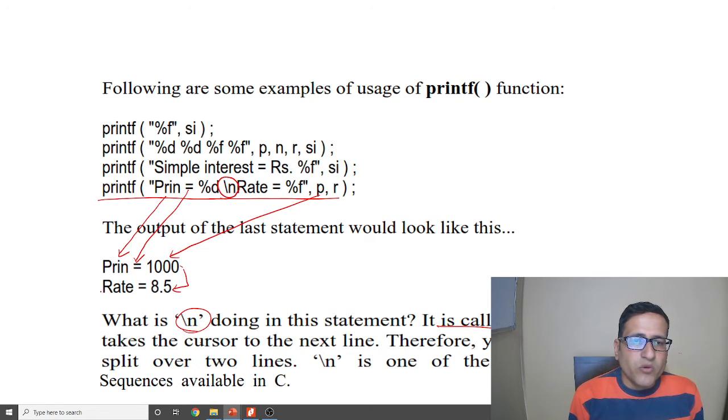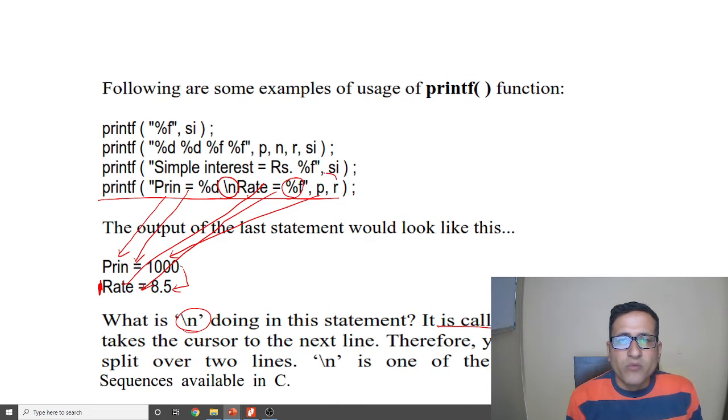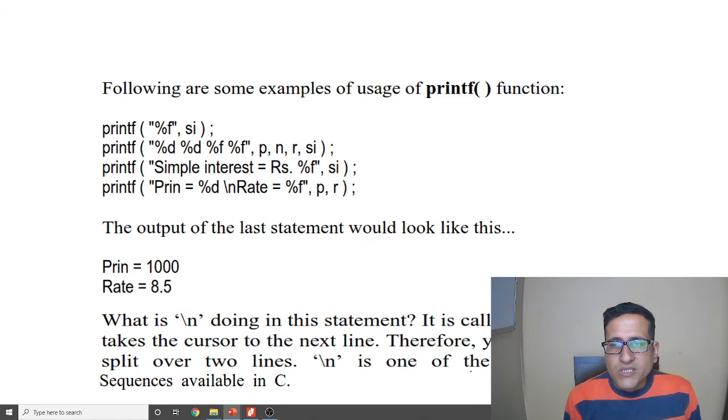Means it will come to this point, and here it will write the rate, it will write the equal sign, and the value will be printed from this value r.